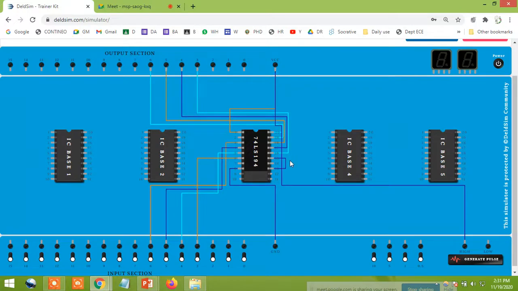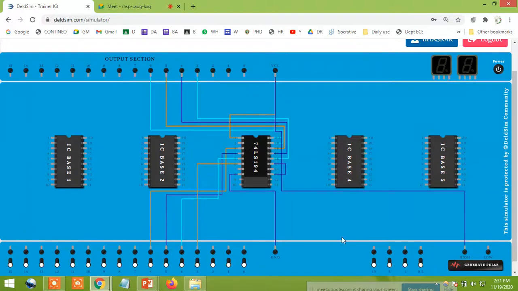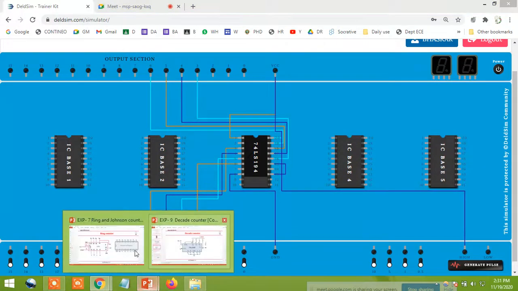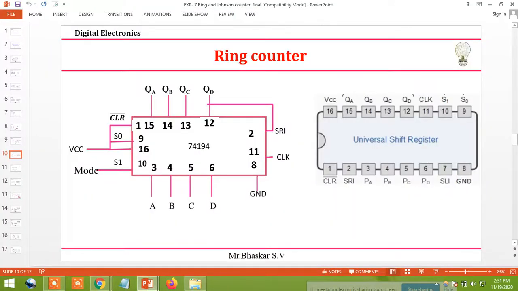Okay, 1 and 9 are done, 16 is already connected. Then what is the remaining thing?